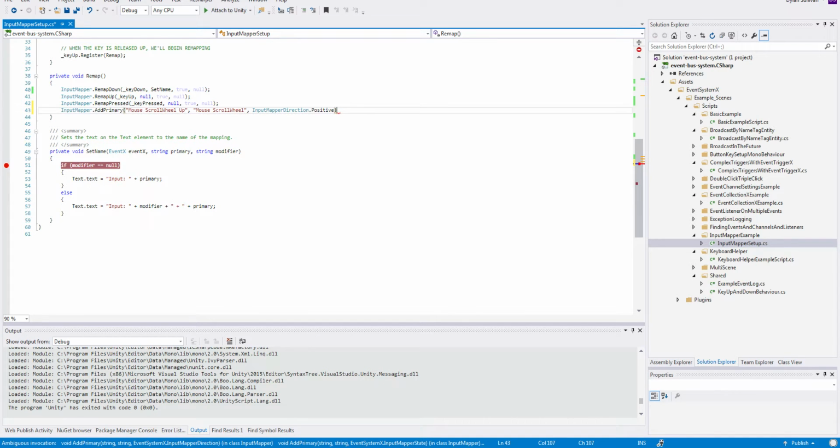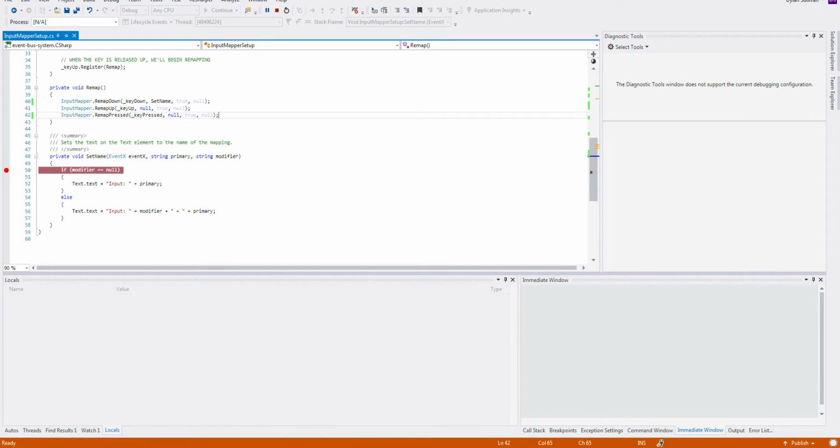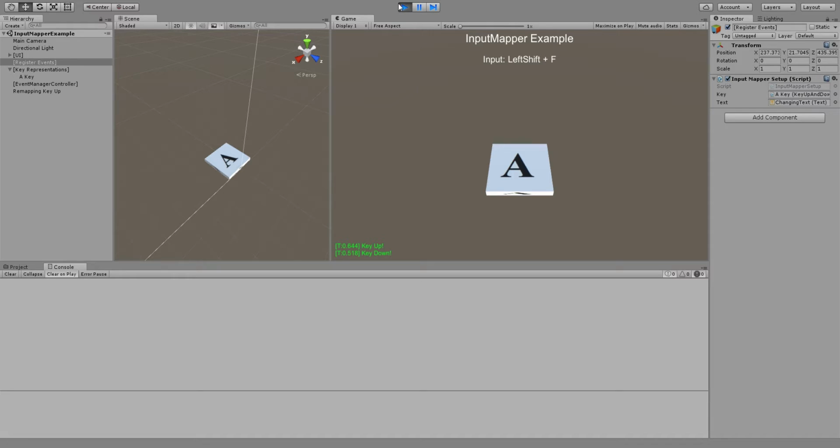Direction positive. Yeah, so the mouse scroll wheel looks like this. That's why if I show you in debugging, I can show you that the